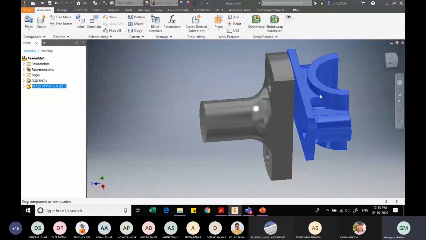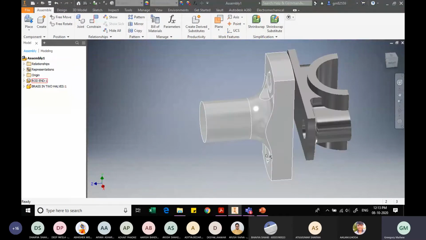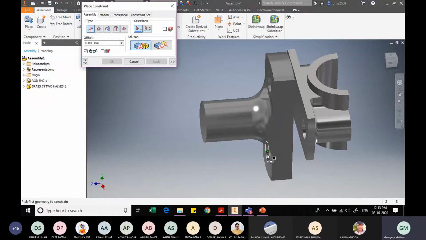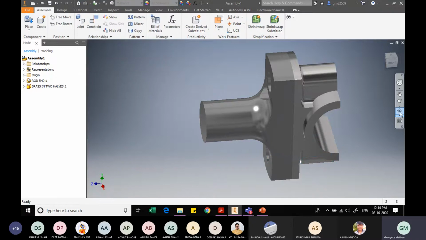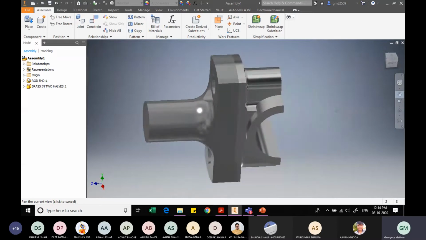To stop this rotation, we will constrain the free axis, that is this hole, with this axis. So using the Constraint option, the axis of the first is selected, and the second axis is selected, and I click on Apply. I hope this has become clear to us, so that these components are now completely constrained. Now tell me, what should I call next? I'm waiting for input from your side.